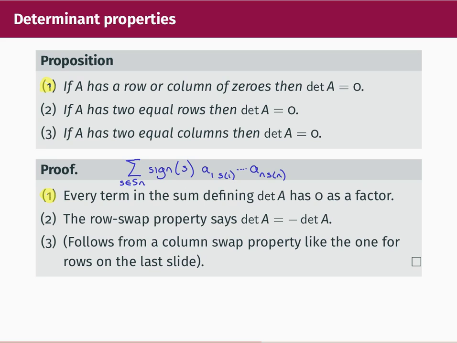So if there's a row consisting of all zeros, then every single summand in the sum defining the determinant contains a factor of 0. So every single summand is 0. So the whole sum is 0 and the determinant is 0. Next up,